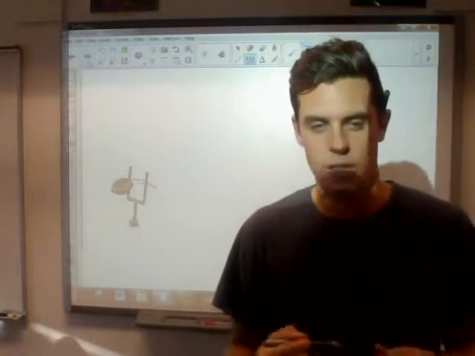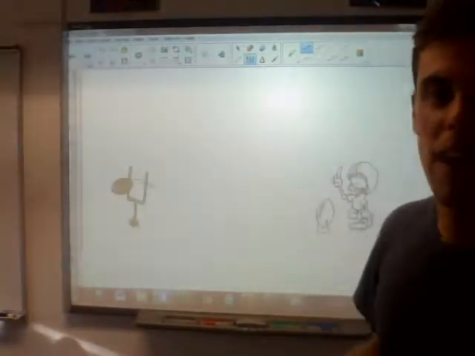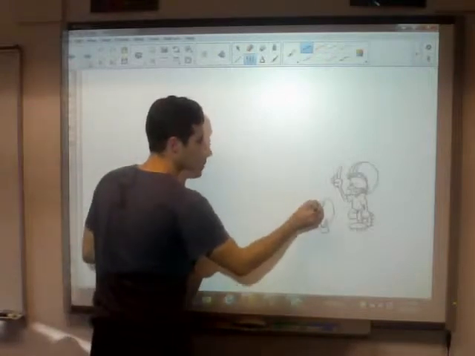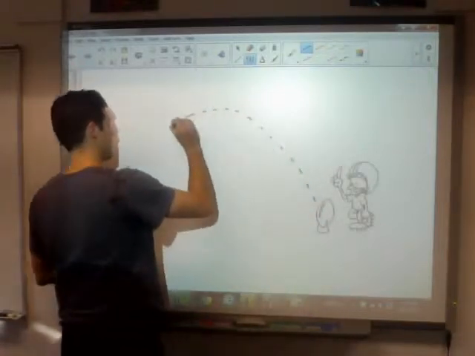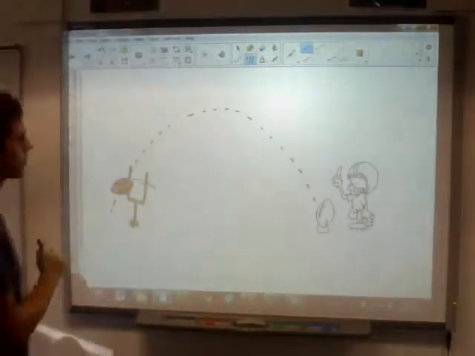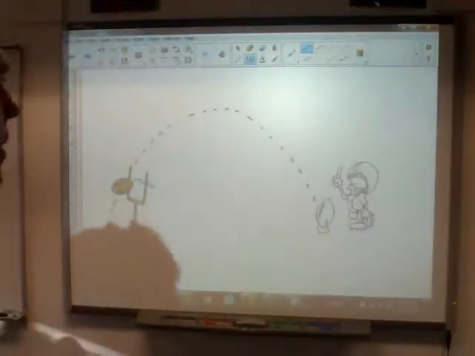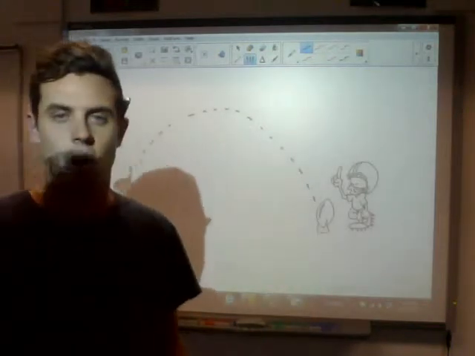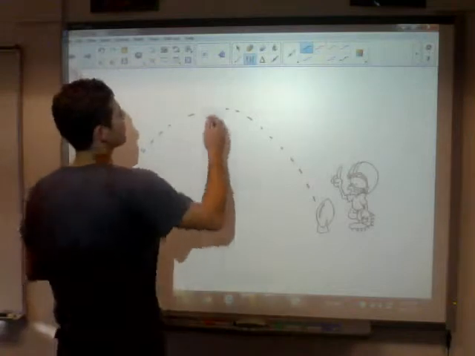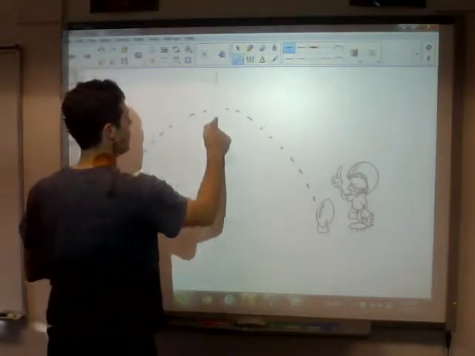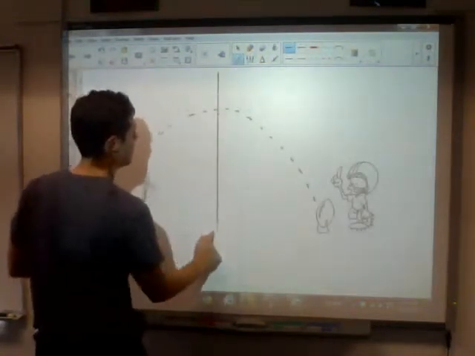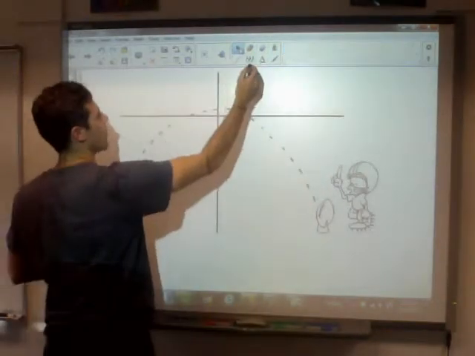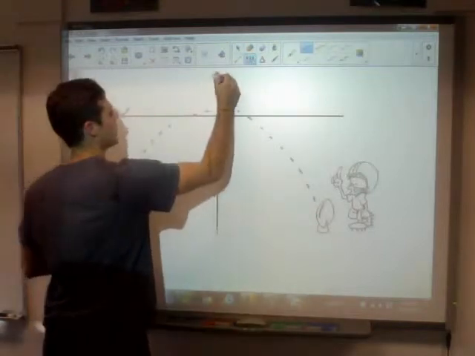So let's draw one just for the fun of it, just so you have an idea of what a parabola looks like. When this ball is kicked, it's going to go immediately up into the air, and it's going to follow a trajectory and hopefully go through that field goal sign. What we've just created right here, this upside down U shape, is called a parabola. If we were to put that on an axis, we could have a graph here. And what we have is a parabola, an upside down U shape.